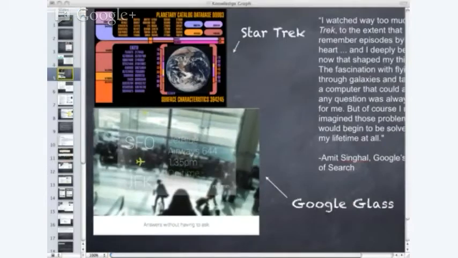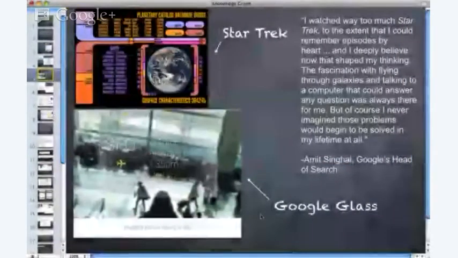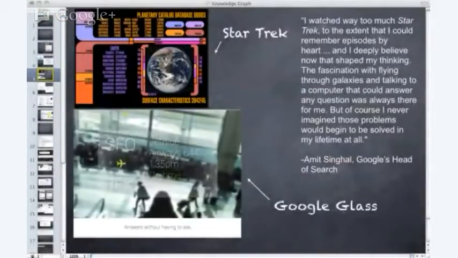Now, Google takes this new approach to information so seriously that it doesn't consider itself merely a search engine anymore. It considers itself a knowledge engine. The search quality team has even been renamed the knowledge team. And why is Google doing this? Well, Google's doing this because their vision